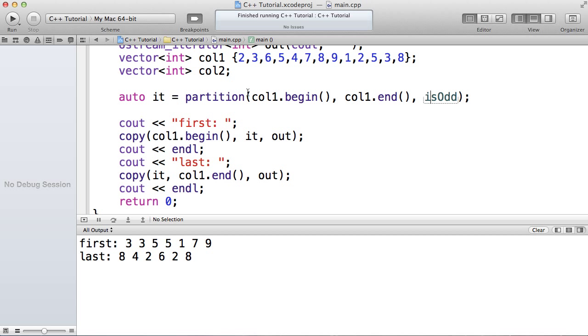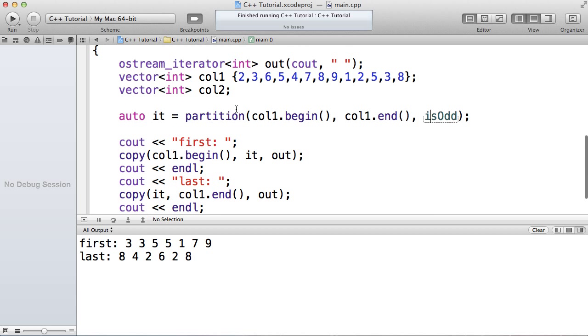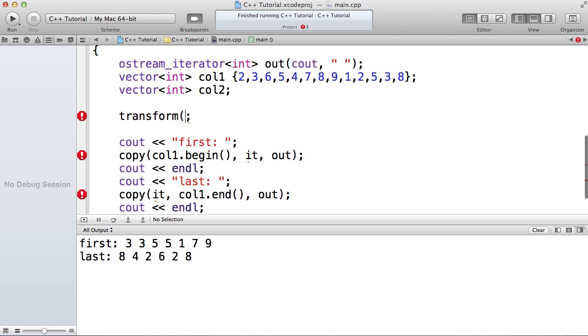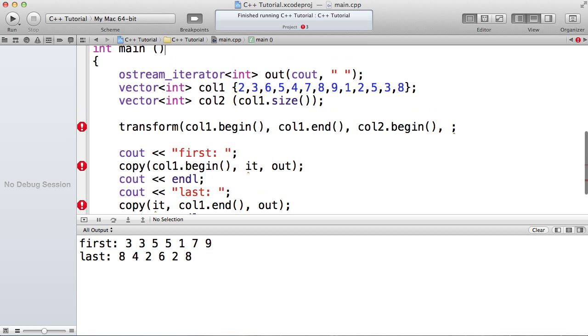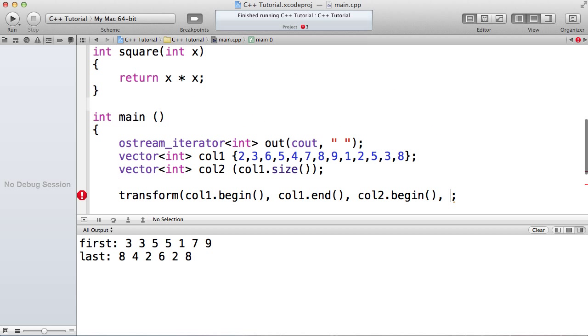Alright, so the other algorithm I'd like to go over, which is a common algorithm you'll see, is transform. Transform also takes in the starting range. That range is, we're going to do it from collection 1 begin to collection 1 end. And it takes an output, the starting iterator for an output. And then we're going to provide a function that's going to do the transformation. So in this case, we're going to go ahead and write ourselves a function called square. So now here in my call to transform, I simply pass the function